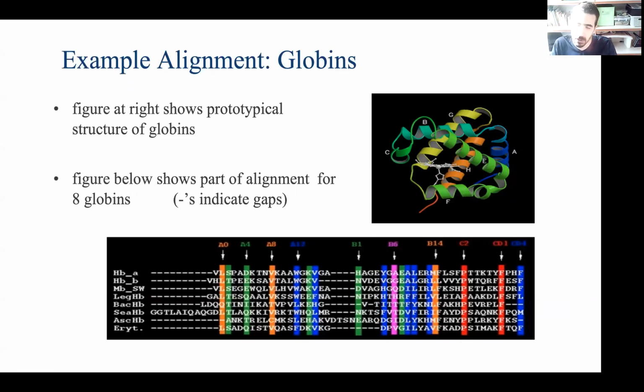Because this conservation doesn't mean that there were no mutations. Actually, there were mutations in that spot. However, those genes and proteins are not selected because those changes brought some disadvantageous situations. So they reduce the fitness of these proteins, that organism. So that's why they are not selected. So today, what we see as conserved is going to be functionally important just because of that evolutionary perspective that we have.